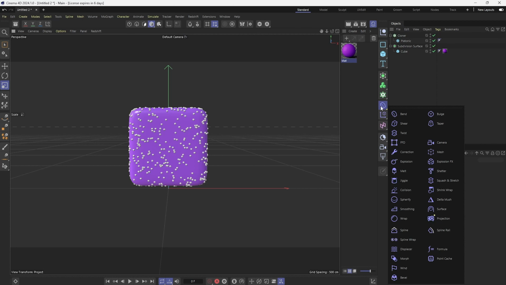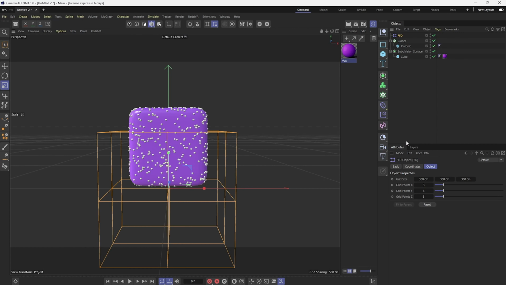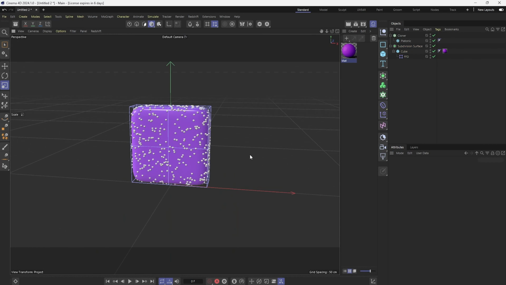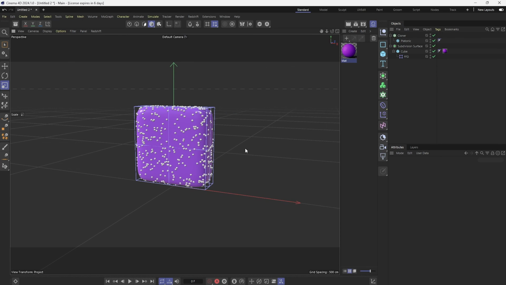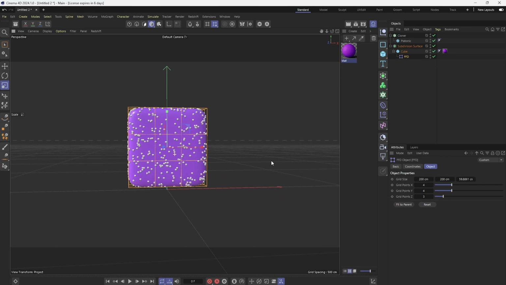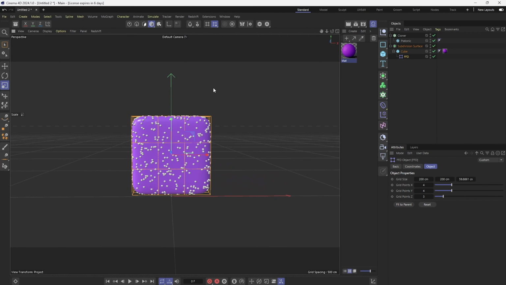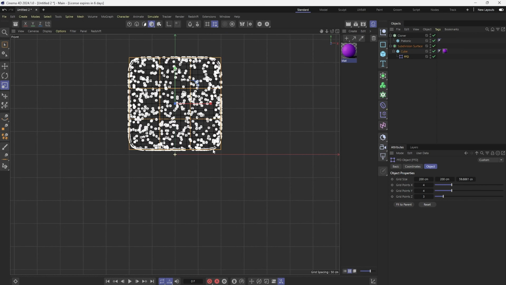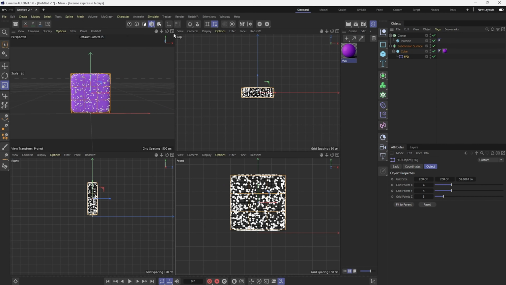So I'm going to just create my FFD first and put that as a child of the cube and then click fit to parent. And then that should snap the FFD to the cube. So then I'm going to go to my FFD and increase the grid point size. So that looks about resolute enough. And then I'm going to go to my orthographic view and start creating joints to control these points on the